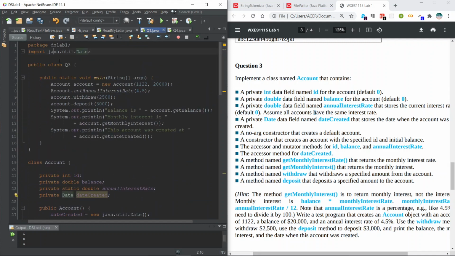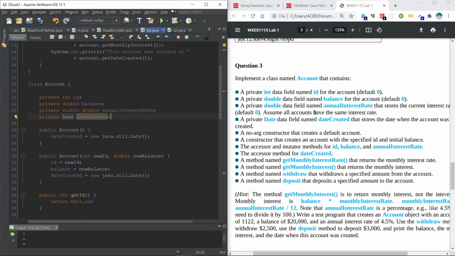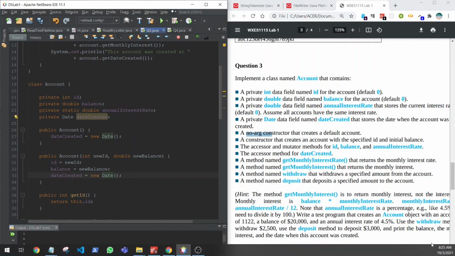So that's good for another developer to know what you have imported for this file. So write it this way. After that, we will need a date created. Okay, a constructor with no argument, but you will need a date to create a new date. Just call the constructor of date, then it will initialize a date according to your local machine,